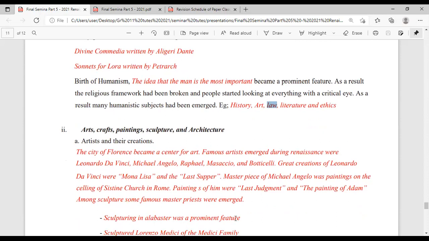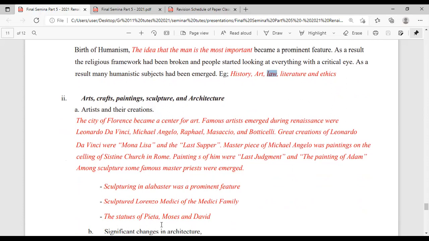Sculpturing in alabaster was a prominent feature. The sculpture of Lorenzo de' Medici of the Medici family by Michelangelo is in alabaster, and the statues of Pieta, Moses, and David. So include all these things